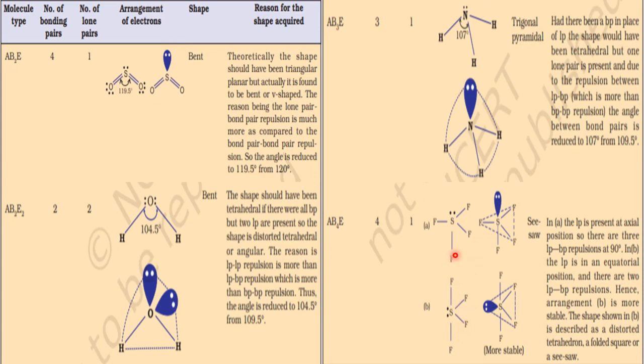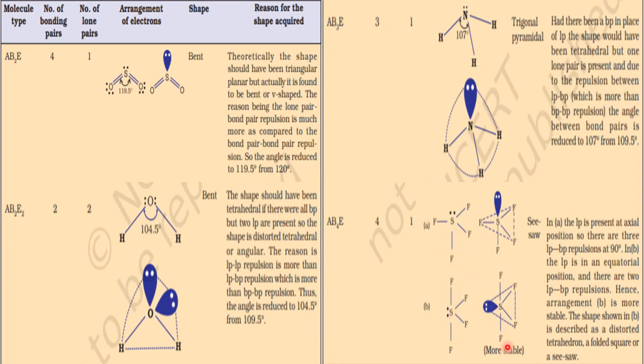Now among the best structures, you have to select which is most stable, because ultimately in chemical bonding, according to the VSEPR theory, they go to the one stable structure, keeping in mind minimum repulsions, least energy, least repulsion, and maximum stability. Yesterday I told the mantra of chemical bonding. So among all possibilities, these two are the best. Among these two, which is the most stable?